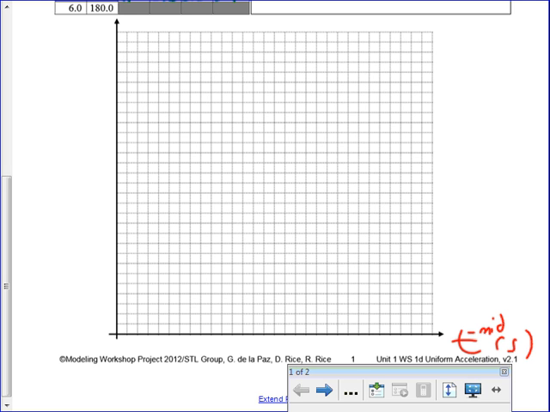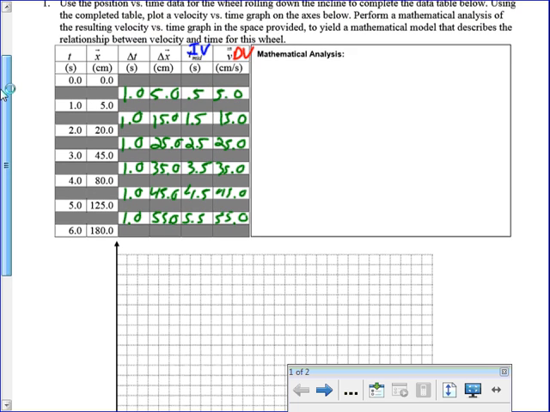But this is going to be 0.5, makes this 1, 1.5, 2, 2.5, 3, 3.5, 4. Now that I have that,